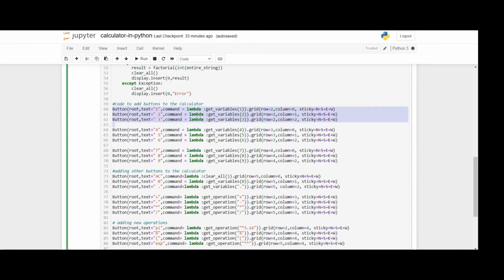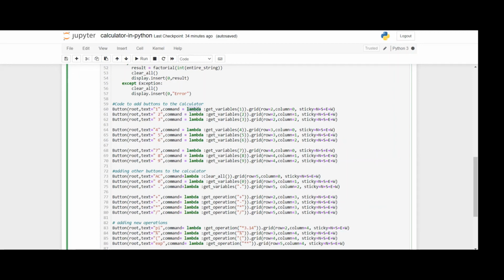This seems like all. Just understand one thing: that's button 1, that's the root, the object of Tk, and the text shown here is 1. That means the text you see here is a string. And then there's a command called a lambda function.